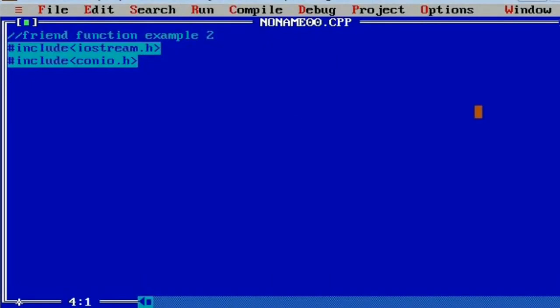Here you can see I've already written a single line comment, friend function example number 2. #include <iostream.h>, #include <conio.h>. Now we are going to define a class called MyClass, curly open brace, and here we are going to declare two variables under the data members. Now we'll write public